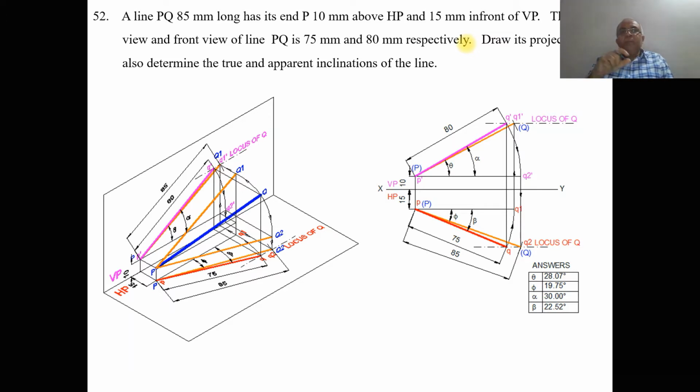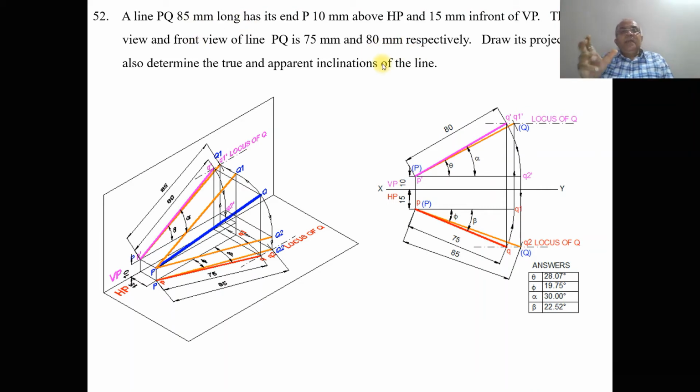First, we know the condition for the line to be in true length: if the top view line is parallel to XY, its corresponding front view will be the true length. So we know the top view distance, which is 75, and in the front view, we will get it as 85.